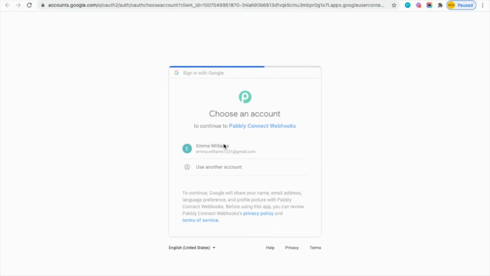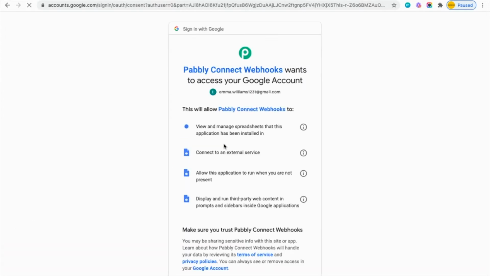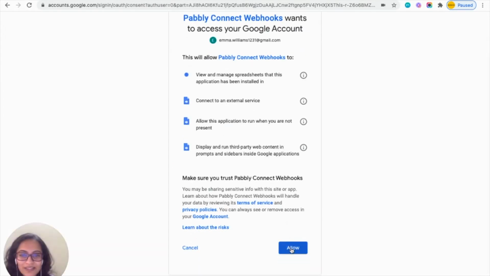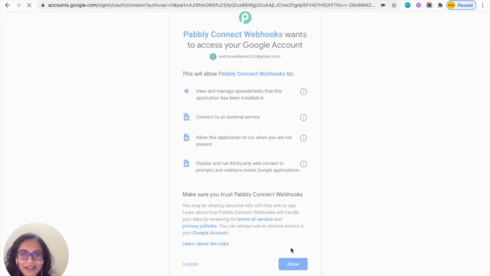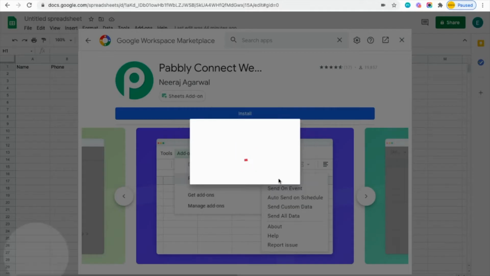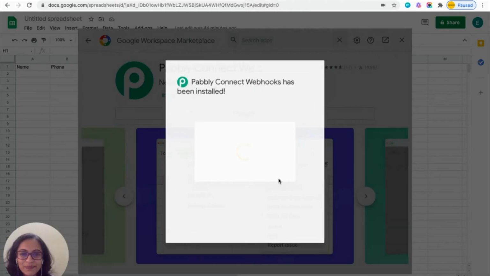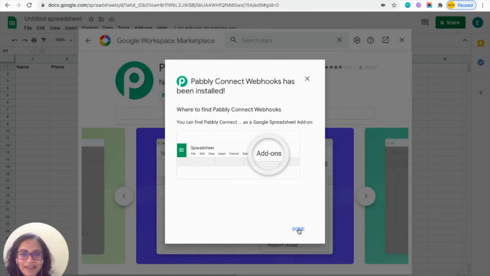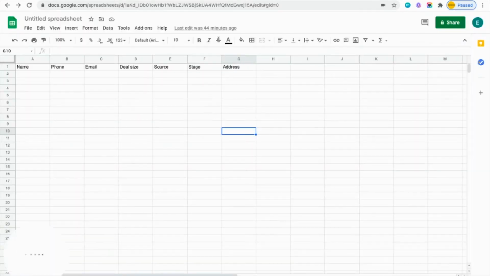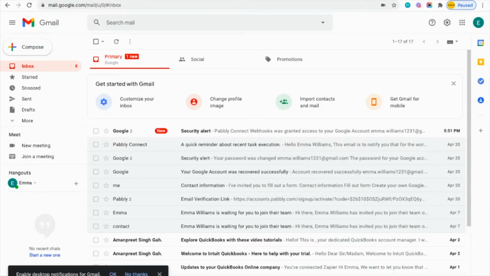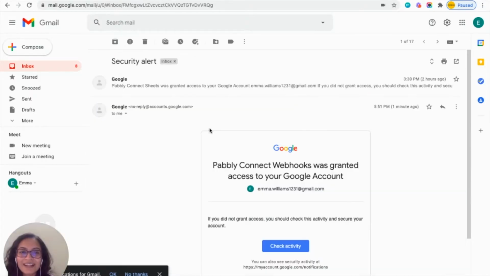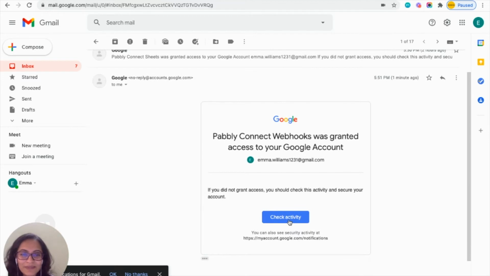So here you will have to log in into your Gmail account or the Google account that you are using, and you will have to click on Allow. So now you will have to go to your Gmail account and grant access to Pabbly.